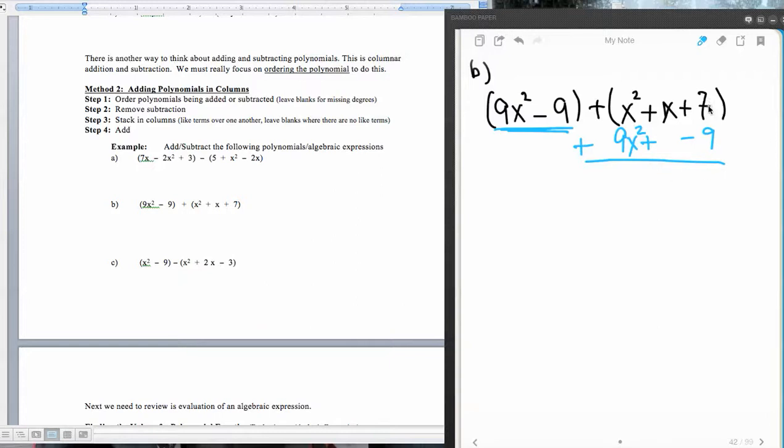And then 7 plus -9 is a -2, and then x plus 0 is x, and then plus in there so you don't forget it. 1 of these plus 9 of these makes 10x squared, and that gives us our sum of our two polynomials. Or another way of looking at this is we just added two algebraic